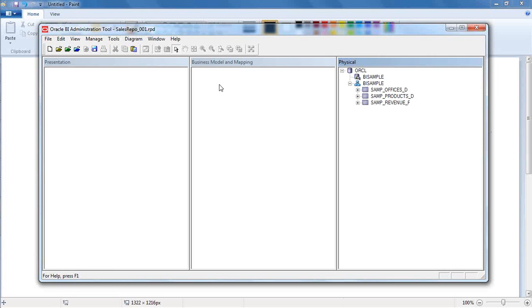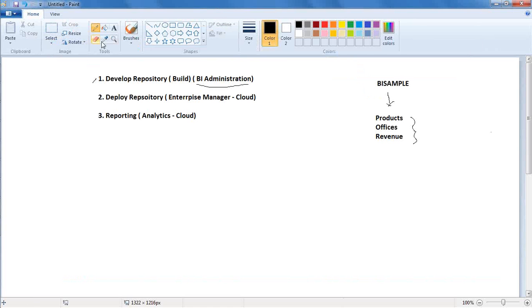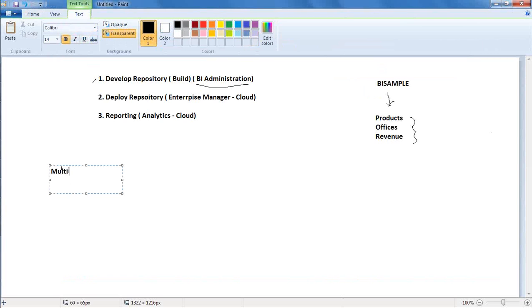Okay. Now, the main objective of our repository building is we would like to create our own model. So basically, this business model, in the sense, is a multi-dimensional model. If I have to give you a heads up, what a multi-dimensional model is basically